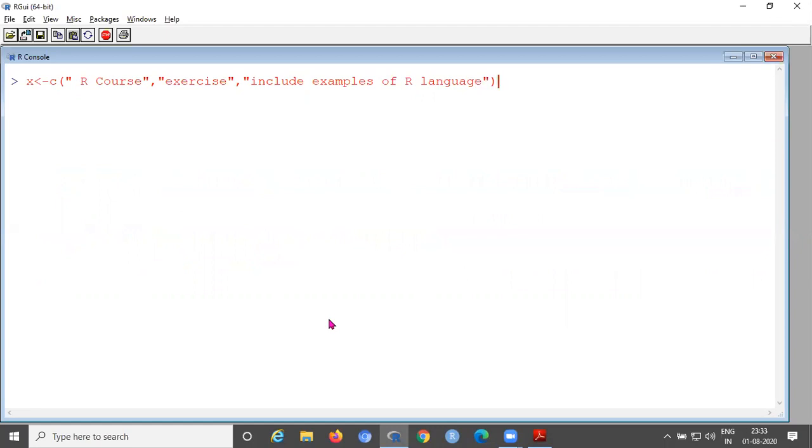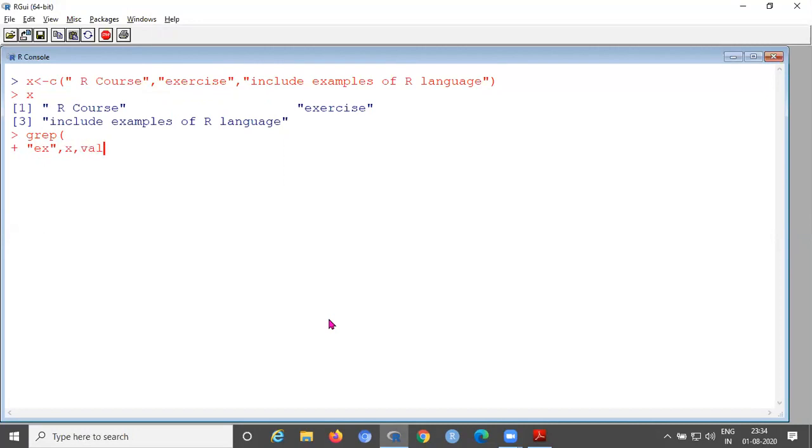So this is the vector we have taken and stored in x. Now you can see by using grep, you want to find a string that contains the pattern "ex" from the vector x.